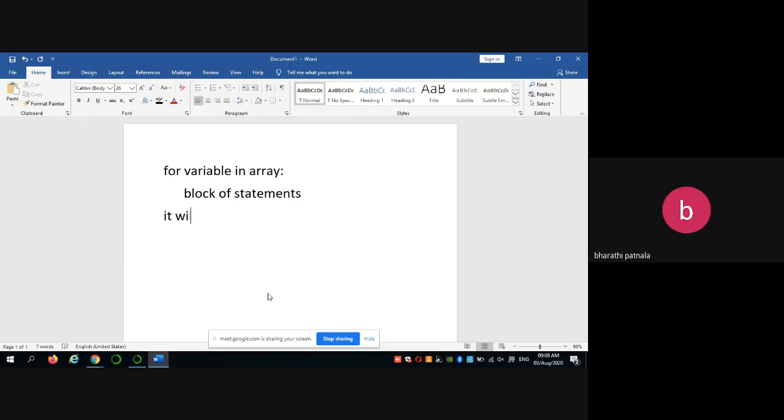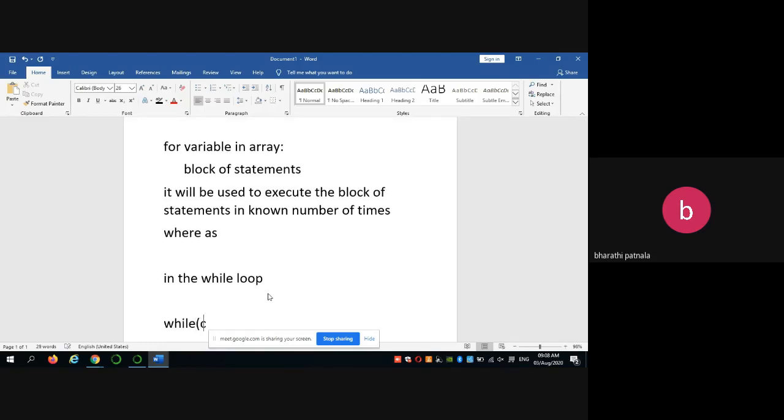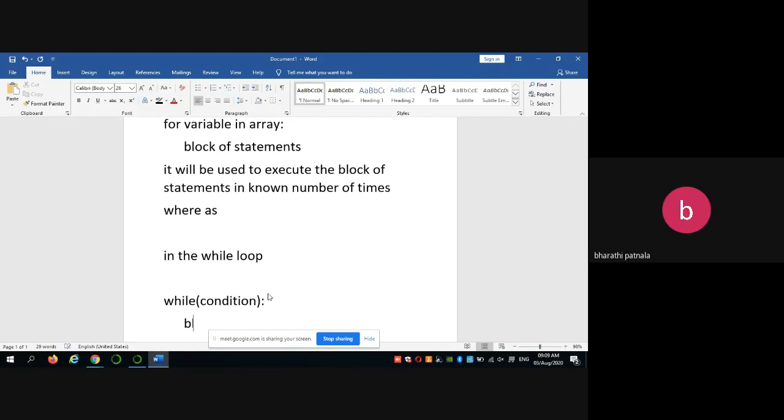So it will be used to execute the block of statements in a known number of times. Whereas in the while loop, the syntax is while condition, then the block of statements.